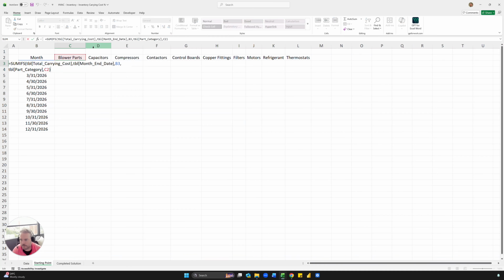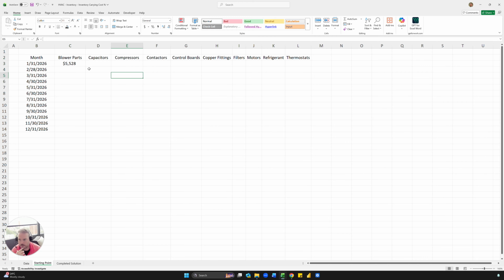Yeah, so you can see C2 here, B3 here. And now you have the total inventory carrying cost for blower parts for January 31st. And so now we just want to drag this over and down, but the problem is that we have to